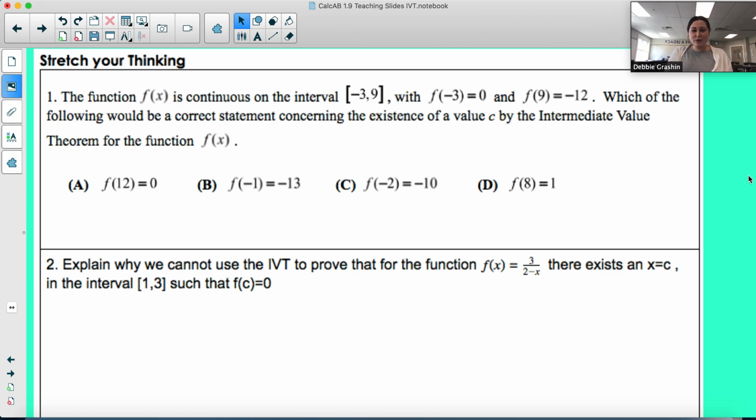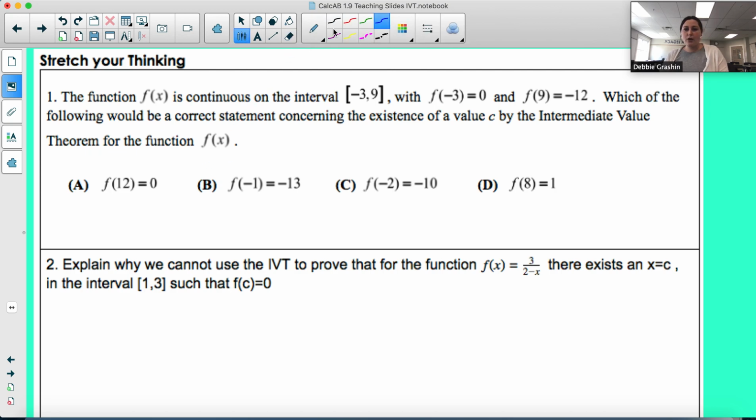In this video, I'm going to give you a chance to try first, and then I'll go over the answer. So first, try question number 1. Okay, so the function f is continuous, which means the intermediate value theorem applies on the interval from -3 to 9. They're telling you that f of -3 is 0 and f of 9 is -12. Which of the following would be a correct statement concerning the existence of a value c by the intermediate value